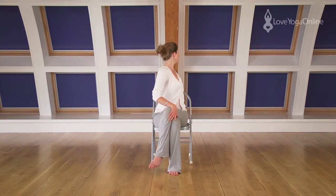So twisting is really, really lovely for the body. It's nice and cleansing, detoxing, regulating to the nervous system. We'll come back to center. Release the right leg down, cross the left leg over, and twist to the other side, taking the left hand